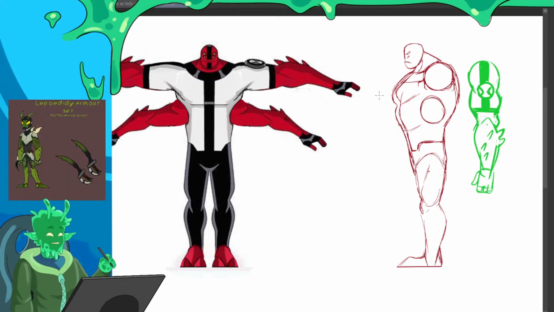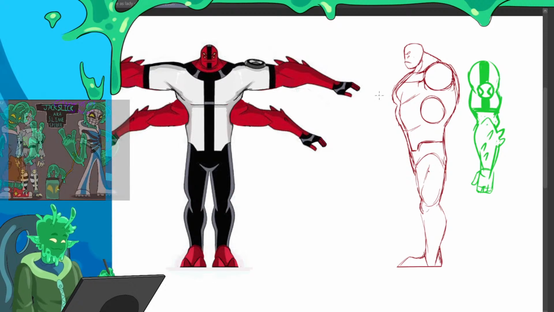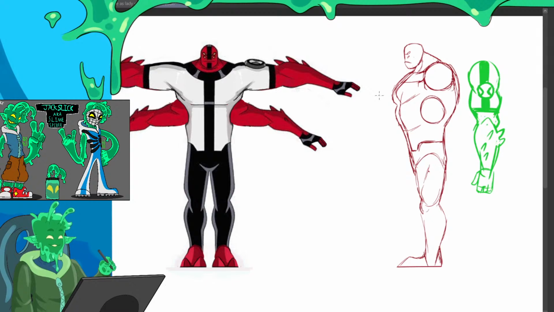Because now there's reference that exists of perfect, lined up, accurate models, and that'll help everybody. Hell, that'll probably help future game developers if they decide to make a Ben 10 game.